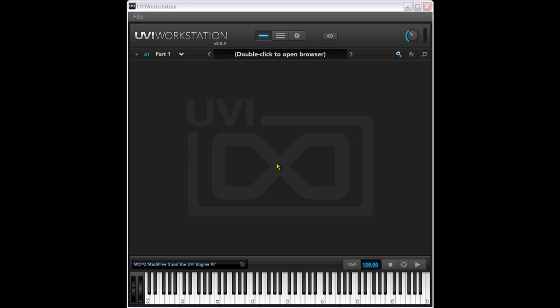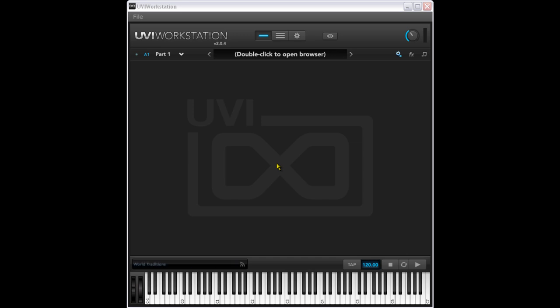So the Emulation II library uses the UVI Workstation application, which is a free download from UVI. It comes with its own, I think it's 184 meg sample library to get you started. But basically it's a proprietary sample player that plays back the UVI libraries, which are a monolithic library format with a .ufs file extension, and these are sold and supplied by UVI themselves, and also Ultimate Soundbanks, which is their kind of